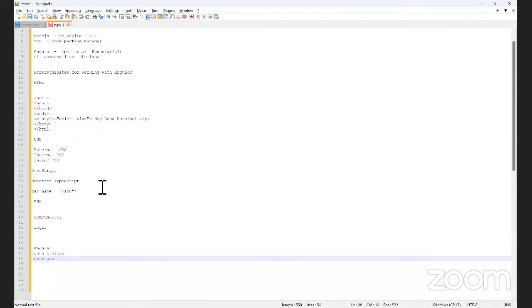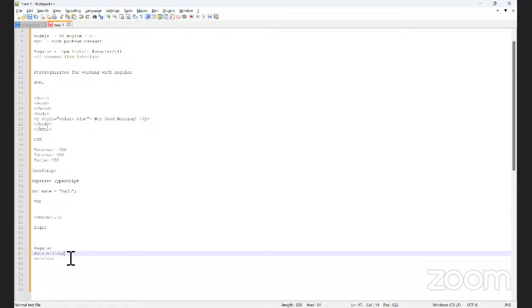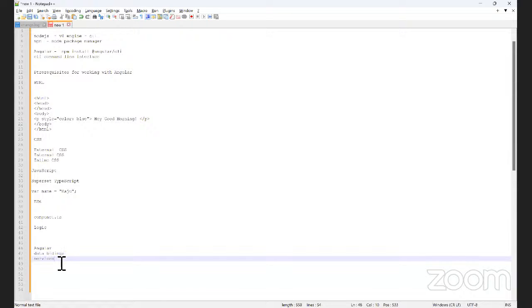Suppose we have data bindings: in how many ways can we bind the data? And if we have services, what are services, how many are there, what are their uses? All these things we will discuss in this course.